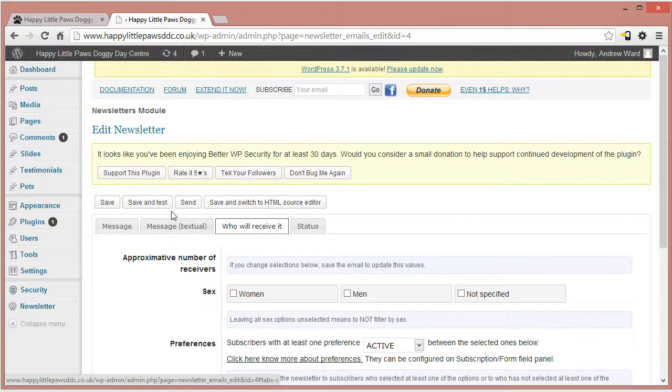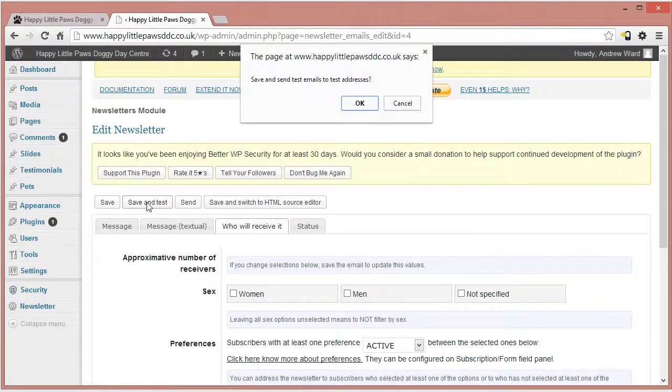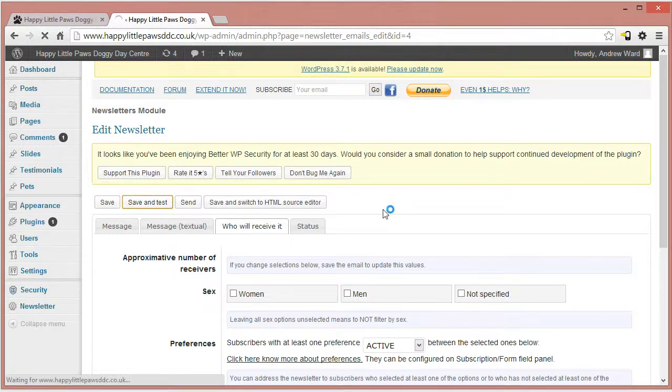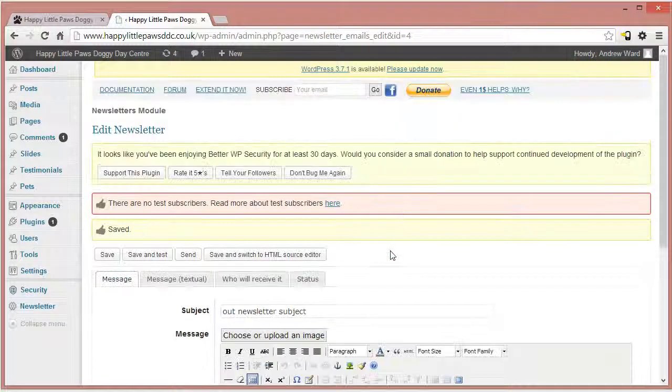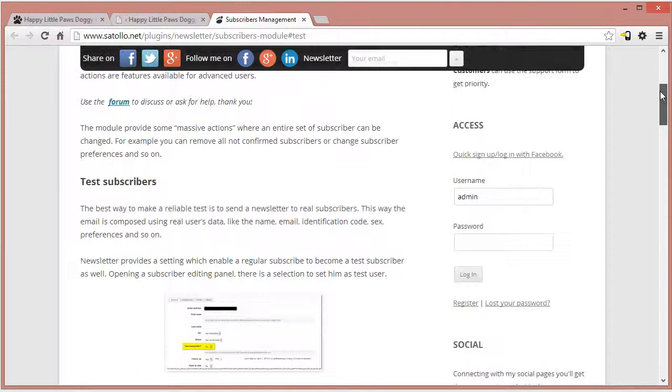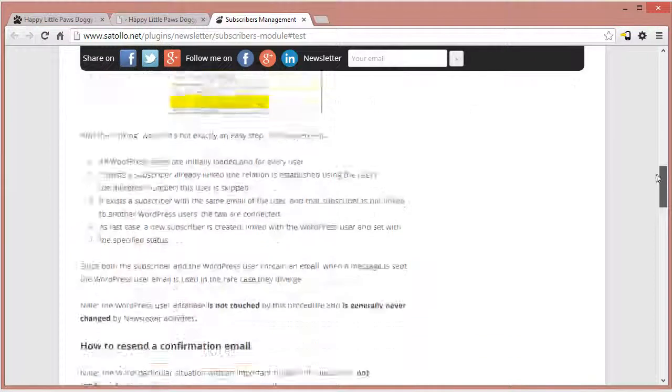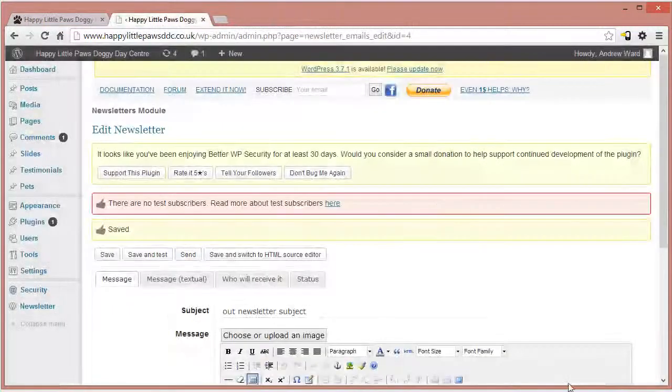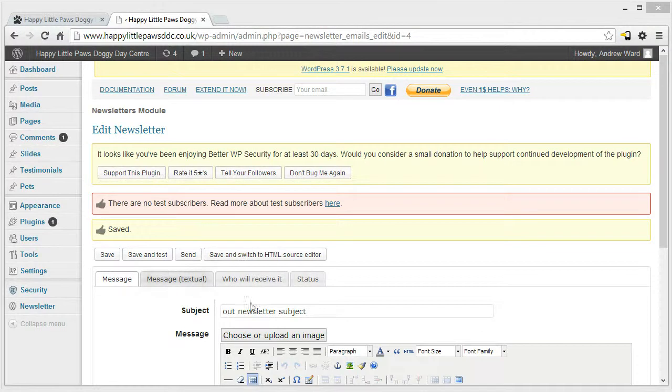What you're probably going to want to do is save and test. So save and test will send to the test email addresses, which are configurable in the plugin settings, which you see at the moment there are none configured. So if I click here, when that comes up, you notice it says there's no subscribers. It gives you a tutorial basically on how to edit and change that. But let's imagine that that's already configured. What you're going to want to do is actually send it. So if we click send now,